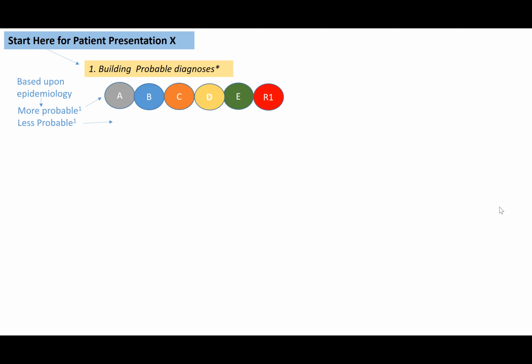And then you also want to say, okay, well, I know that F, G, and H are also possible. They are less probable or less likely, but they are possible. And then R2 is another diagnosis that is possible. After listing this, and/or after quickly thinking about all these